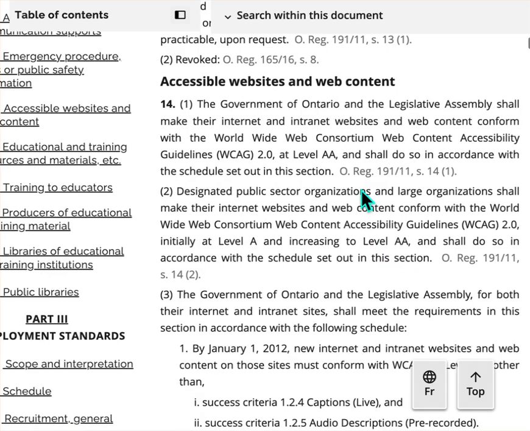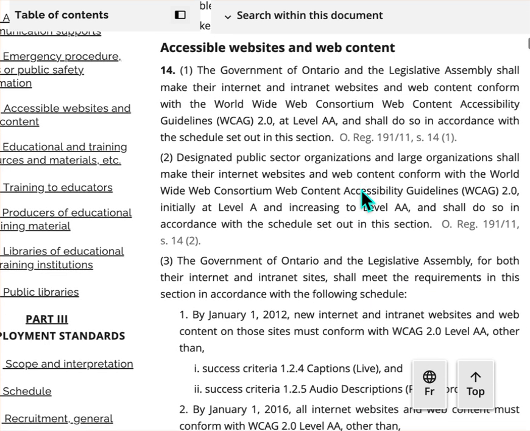So you can see here, accessible websites and web content. It gives you the requirements right there, and you see the guidelines, WCAG 2.0 level AA. So you'll find all of this under this regulation, which is 191/11, also called the IASR, the Integrated Accessibility Standards Regulation.